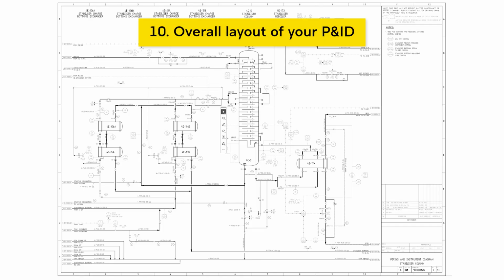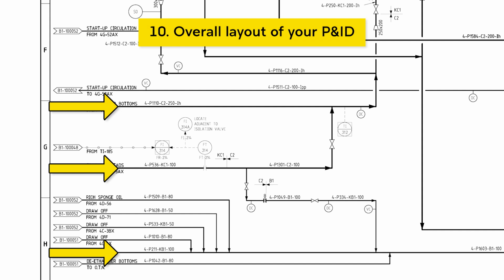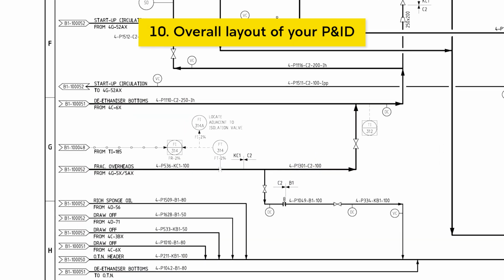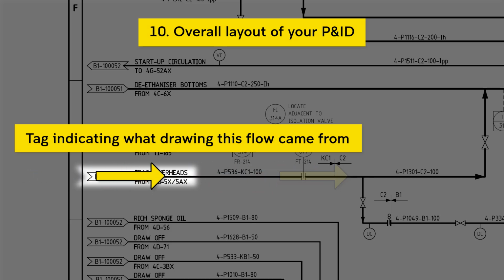Next thing to think about is the overall layout of our P&ID. Generally, the flow should go from left to right. When a flow enters the drawing from the left-hand side, it's important to put the tag of what drawing it came from. Now, I often see people will say, this flow came from pump 64. My problem is I don't know which drawing pump 64 is on. What I need to know is what drawing is it on, and then I can go back and find pump 64. So really, where we have our connectors on the left-hand side, we want to say the drawing number and potentially the